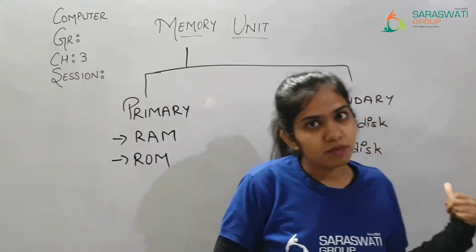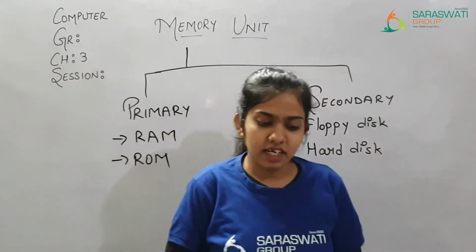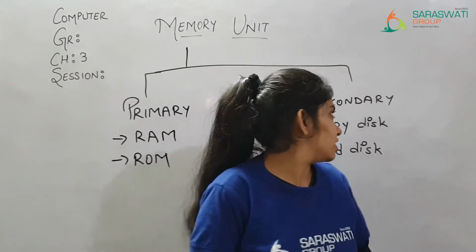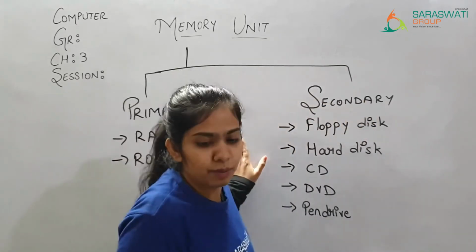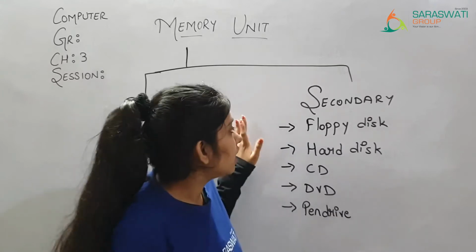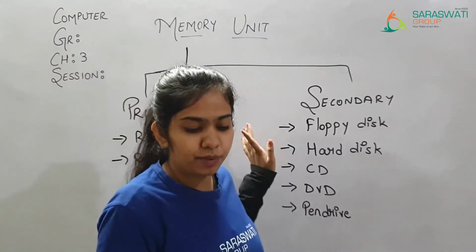And secondary memories are always non-volatile in nature. Okay, so this was all about secondary memory. Now let's understand about floppy disk, that what is floppy disk. A 3.5-inch floppy disk can store